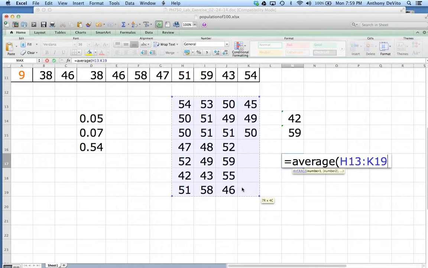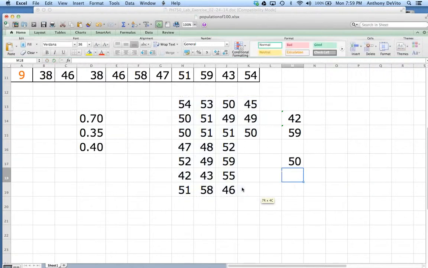Well, I think the more often that you sample from the same population, the more similar it's going to be to 50. And look, in fact, it isn't really 50. If I rounded this, it would round to something other than 50, right? But it's going to come close to 50. And the bigger the sample size, our sample size here is 9, the more likely we're going to get close to that. If we had sampled 16 readings instead of 9, or 25 readings instead of 9, we would have gotten even closer to the mean. Actually, we got pretty close anyway.